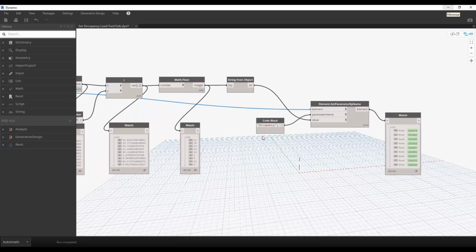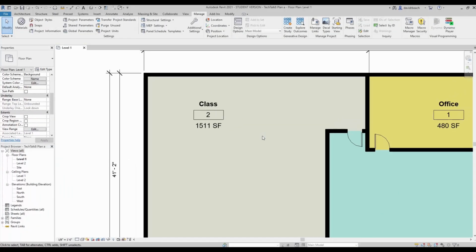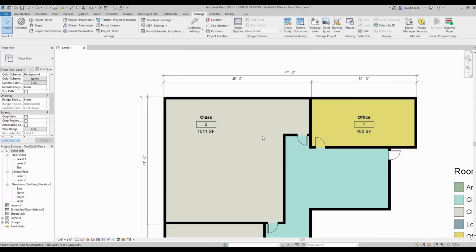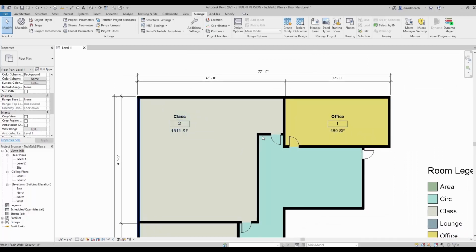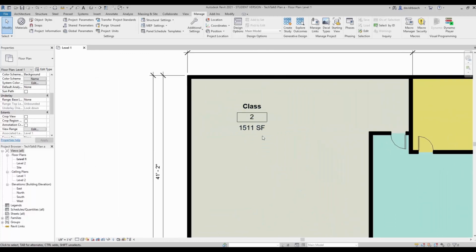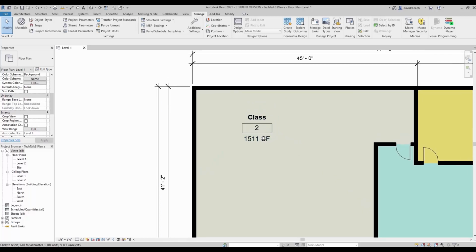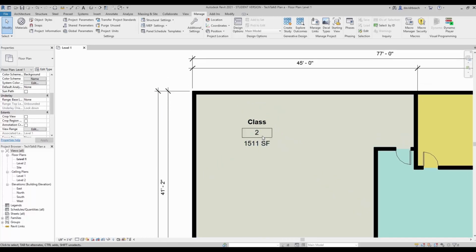So it's great that I have that. I can put that in a list, all that stuff, but visual thinkers that most of us are in architecture, and how we want to talk through these kinds of things with clients, it would be nice to go ahead and get that on the floor plan. So this is a bit of a hack for sure. I don't know as much about room labels and editing labels as I should. So apologies for showing a hack, but to get this quickly on the floor plan,